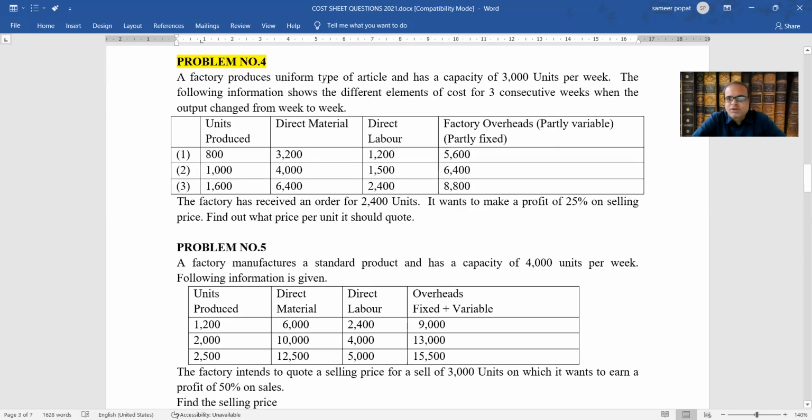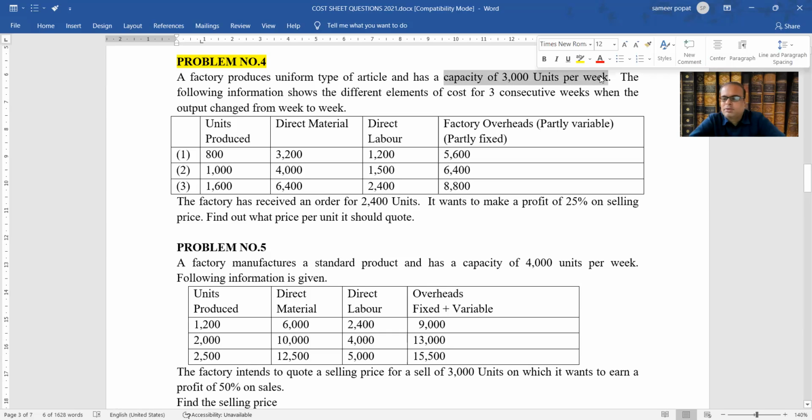A factory produces uniform type of article and has capacity of 3,000 units per week. What do you mean by capacity of the company? What is the indication of this 3,000 units? Any idea about capacity? Okay. Now, generally capacity,